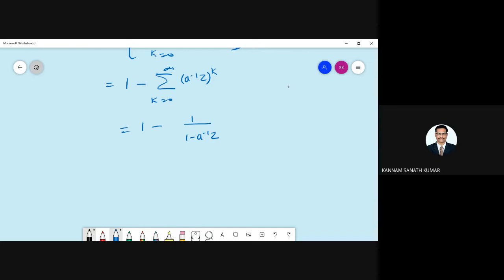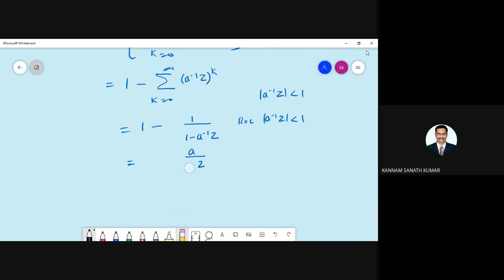So ROC is |a⁻¹z| < 1. Here you can write ROC is |a⁻¹z|. This above function is convergent for |a⁻¹z| < 1. So 1 minus this one you can write as a by a minus z. Or otherwise you can do one thing,